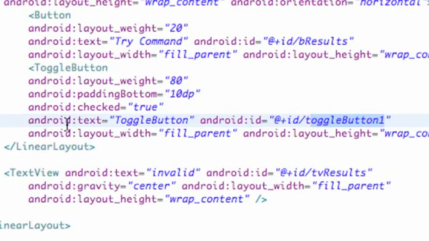I'm also going to change this button reference. I thought I said, you guys might have it changed already, but I'm going to say TG, or I'm sorry, toggle button, TB, and we're going to call it password. I believe I said that. I don't know if I did or not, but just change the reference to TB, toggle button, password for the most part. And then we're good to go,